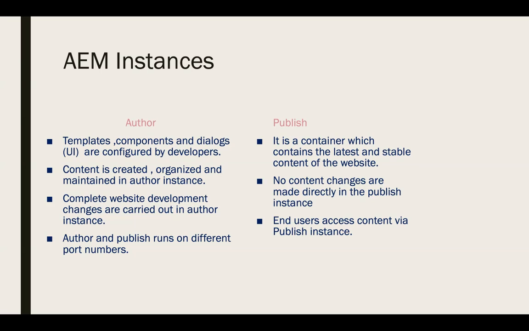Same setup. So you build your template, you build your dummy content, you publish to your developer publish environment. And once you are satisfied, everything is working fine, publishes are all looking good, then you publish from your developer author instance to the actual management or staging environment where content authors work. The content authors work in their authoring instance, and they may feel confident to just directly publish to the final production, or they may publish to some other publish instance. I don't know if it's making sense, but